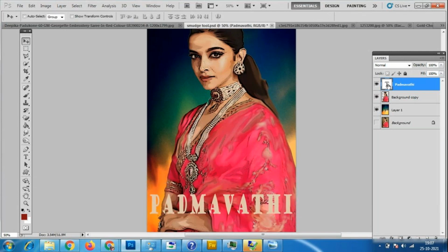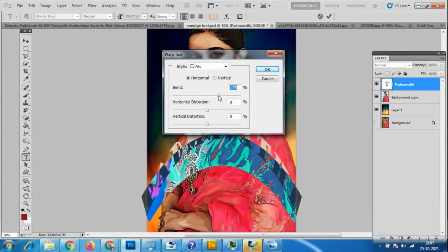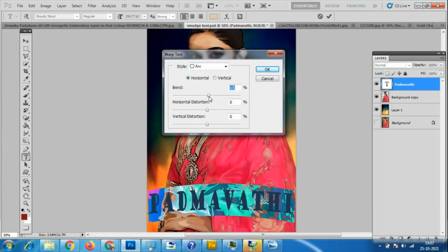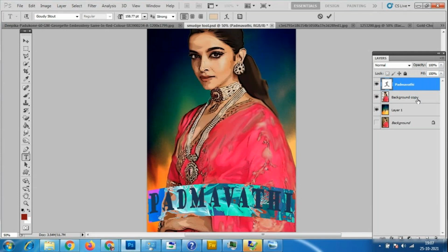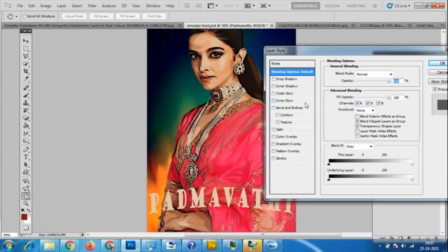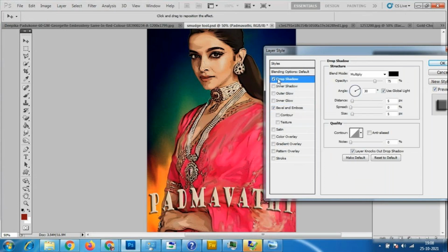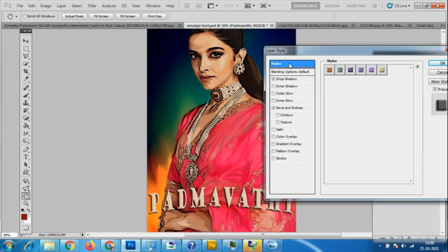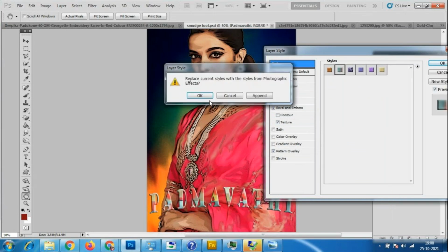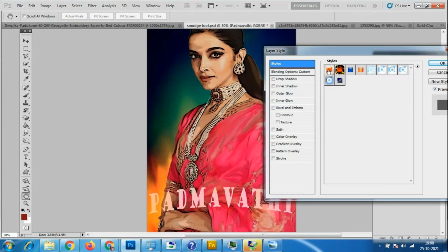Even for this I'll select it, and any of this mark designs very slowly, I'll make it a little like this. For this I'll make an effect, blending options, any of the styles, or bevel and emboss, texture, or drop shadow, any of the things I'll use. Otherwise styles, we have this many options, or photographic effect. I hope that you people have tried this text.